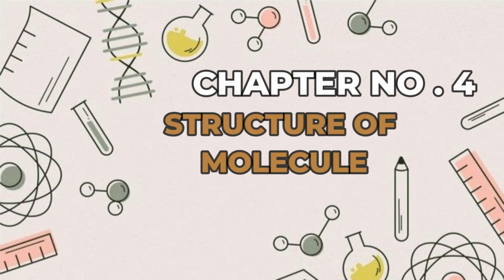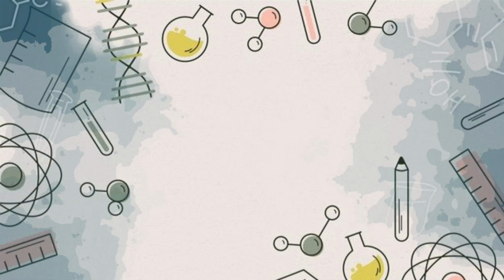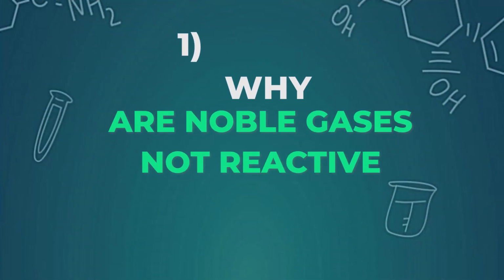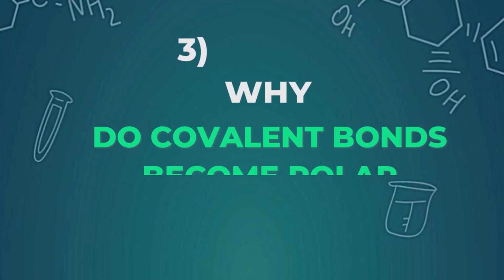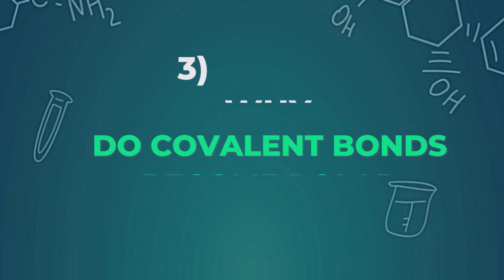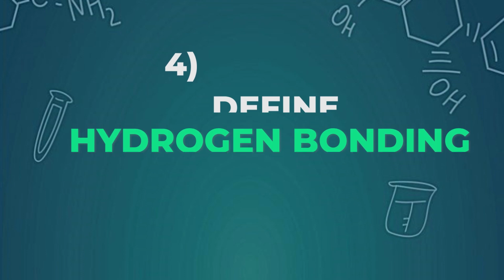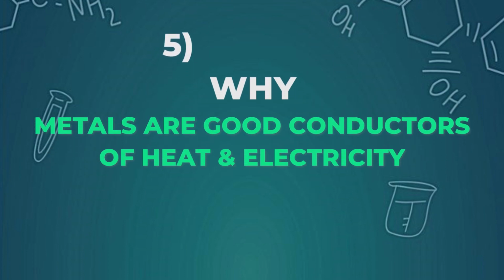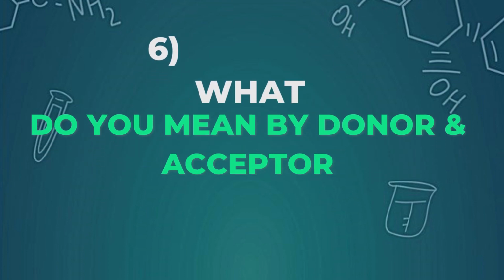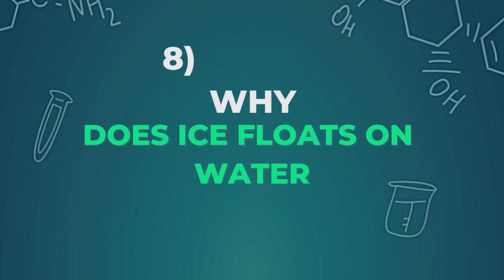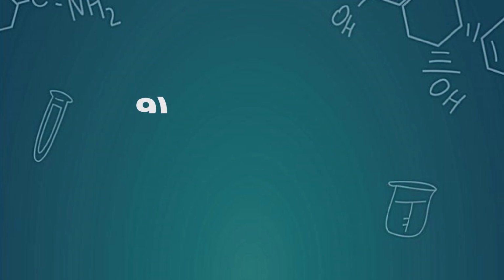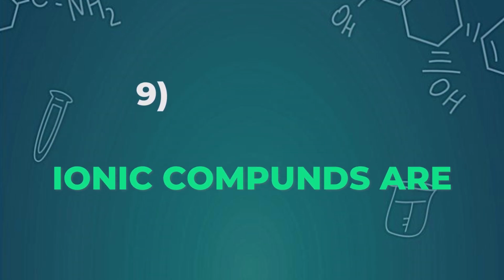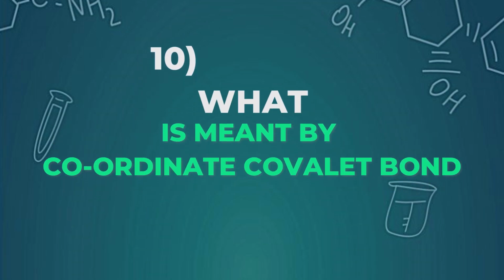चैप्टर नंबर 4 है जी स्ट्रक्चर ऑफ मॉलिक्यूल. इसके शॉर्ट क्वेश्चंस हैं. Why are noble gases not reactive, why do atoms react, why a covalent bond becomes polar, define hydrogen bonding, why metals are good conductor of electricity, what do you mean by donor and acceptor, define metallic bond, why does ice float on water, ionic compounds are solids, justify,